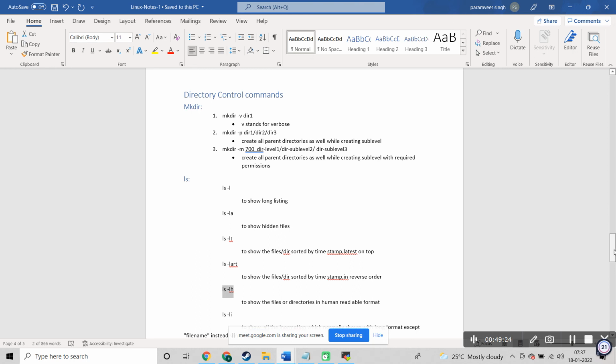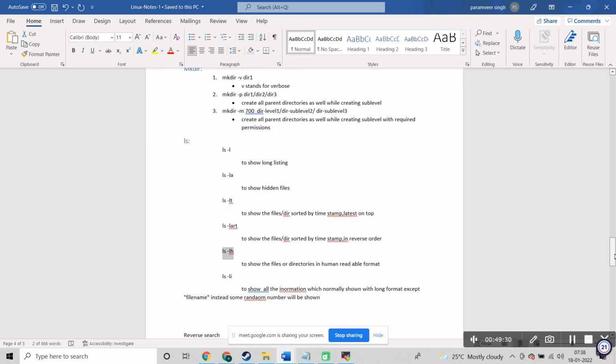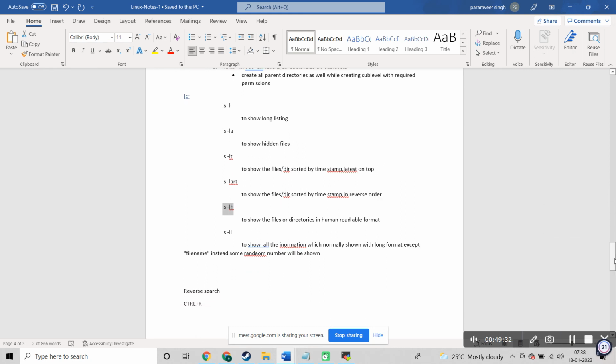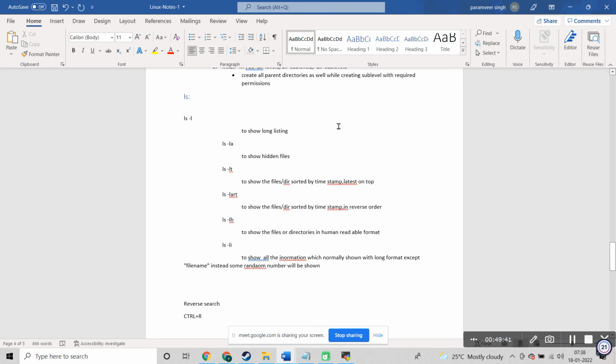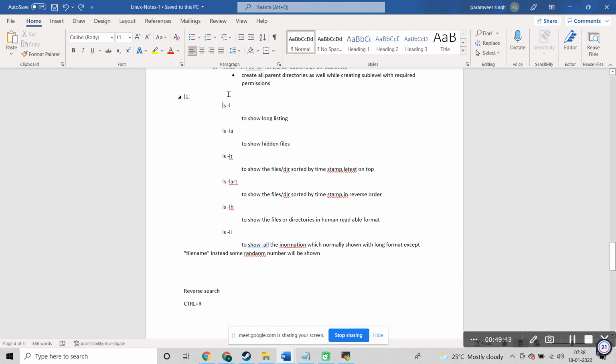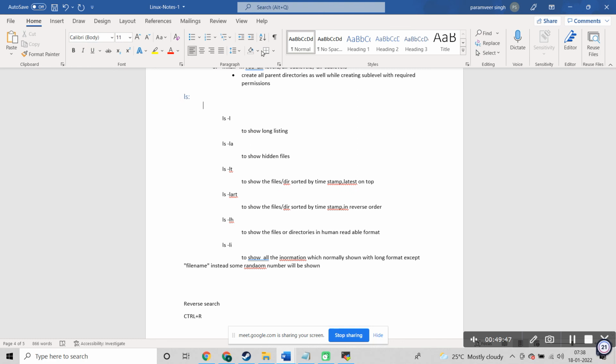We have spoken about the parent option, which creates a directory along with its parent if the parent doesn't exist, and then creating with some permissions, and then listing and long listing.